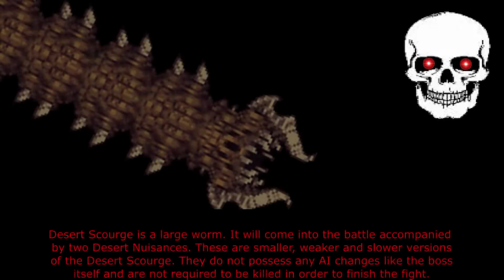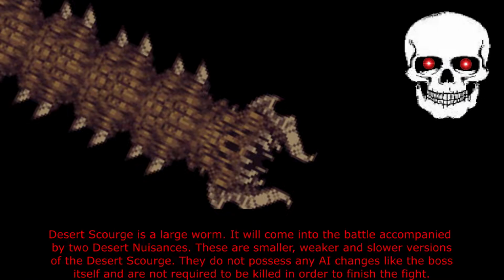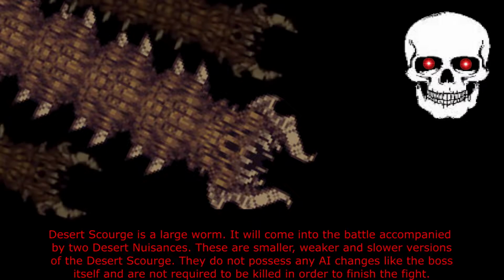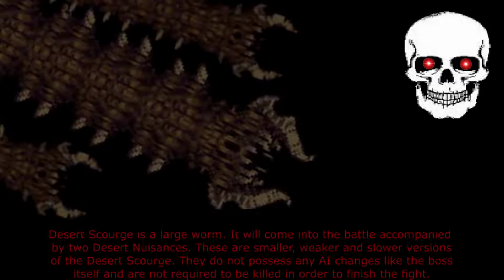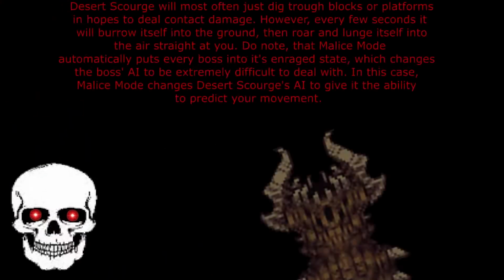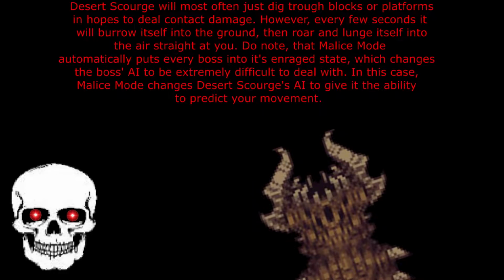Now, let's talk about the boss itself. Desert Scourge is a large worm who will come into the battle accompanied by 2 desert nuisances. These are smaller, weaker, and slower versions of the Desert Scourge. They do not possess any AI changes like the boss itself, and are not required to be killed in order to finish the fight. Desert Scourge will most often just dig through blocks or platforms in hopes to deal contact damage. However, every few seconds, it will burrow itself into the ground, then roar, and lunge itself into the air